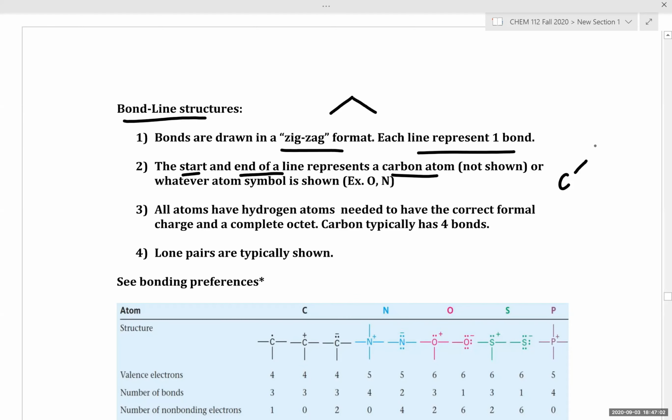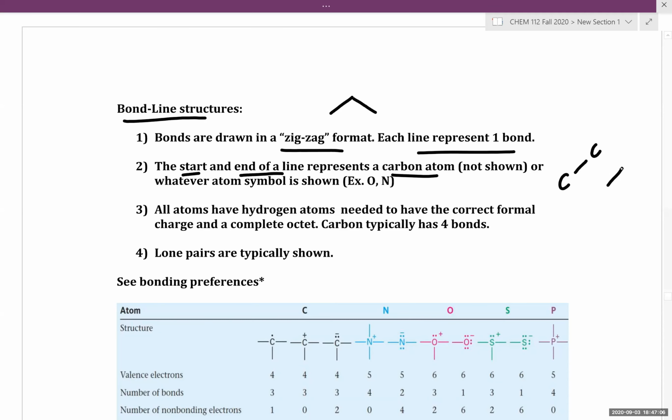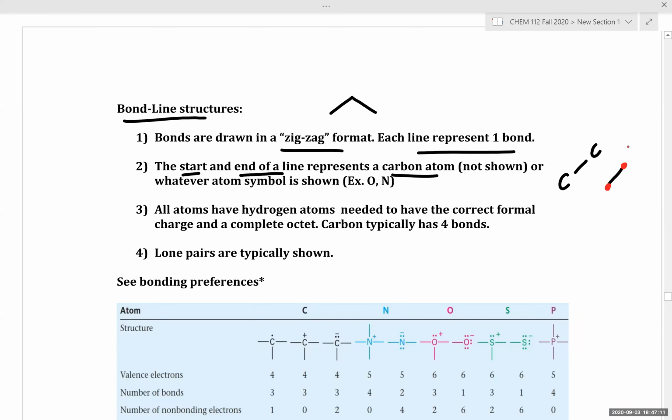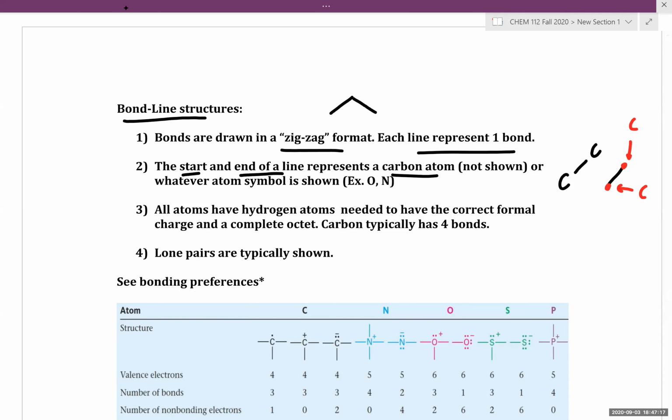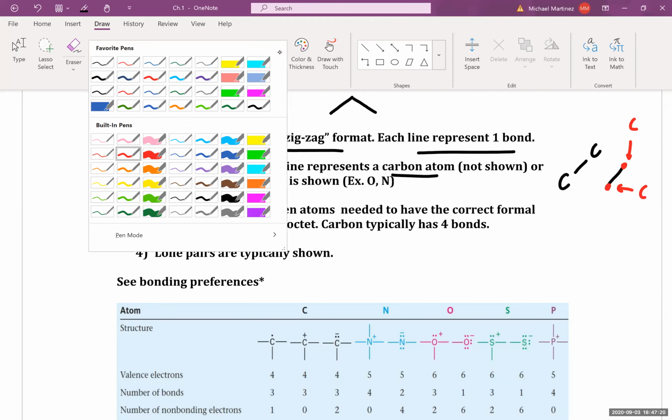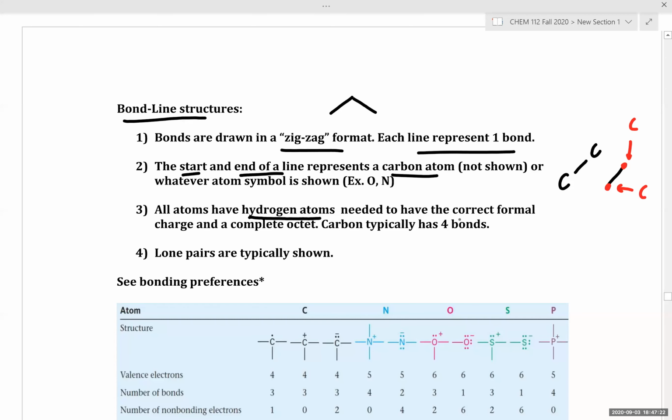So for example, this carbon-carbon bond would just be represented as a line, where the start and end of our line represents a carbon atom. Now, importantly, all atoms have hydrogen atoms needed to have the correct formal charge and a complete octet. And carbon typically has 4 bonds. So for example, if we're looking at this carbon-carbon bond here,